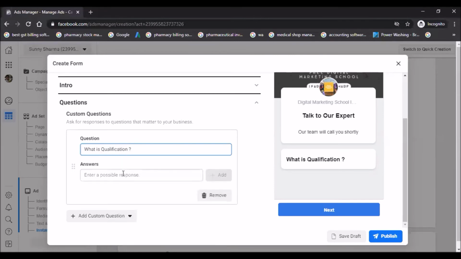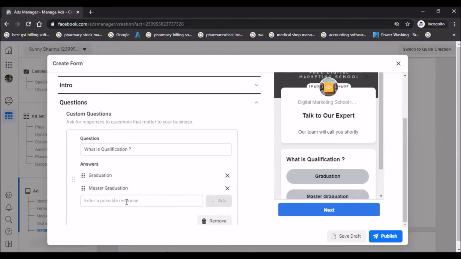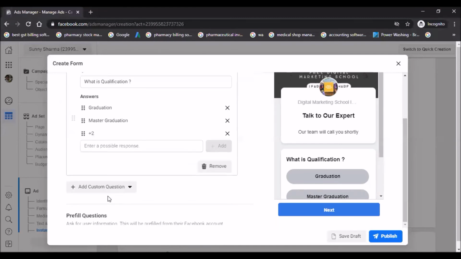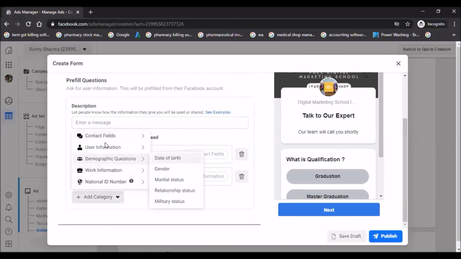Are they graduate, are they master graduate, or have they done 10 plus 2, anything it can be, just for the example. Third one, plus 2, you can create based on your requirement, fine. And now what you want to collect: phone number, street address, city, anything you can collect from here, so you can check it out, fine.